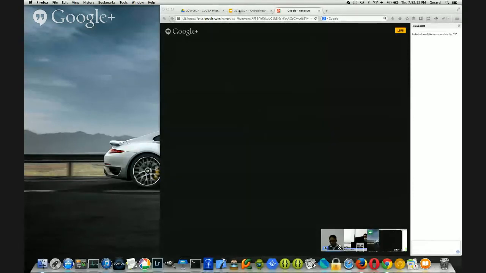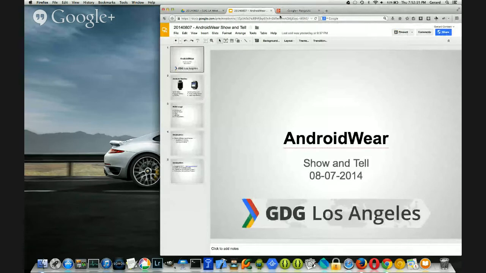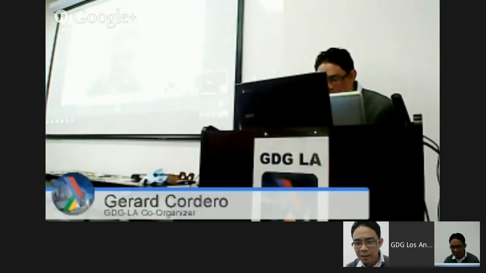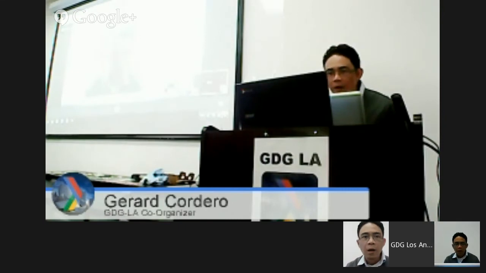Okay, so how do I pick a screen? When you choose screen share, you're sharing your camera. So move your mouse to the left.